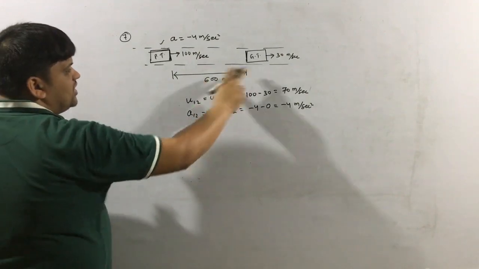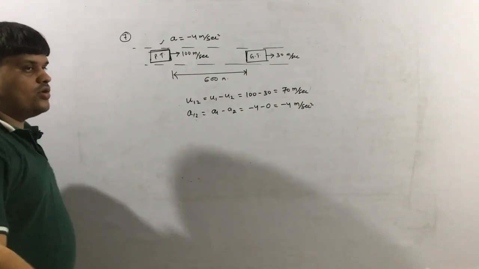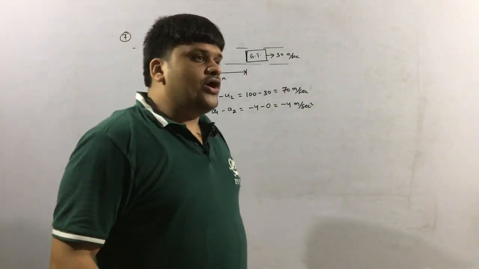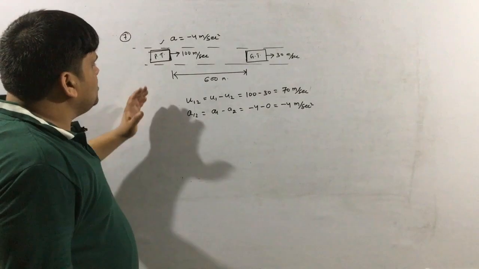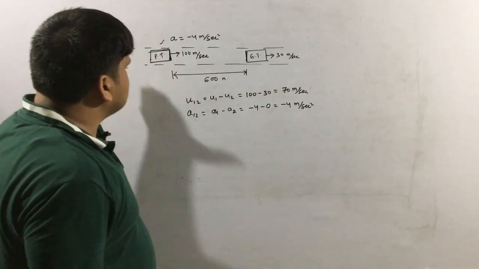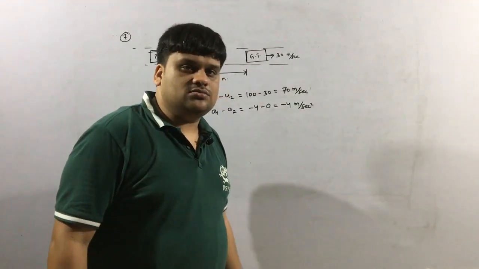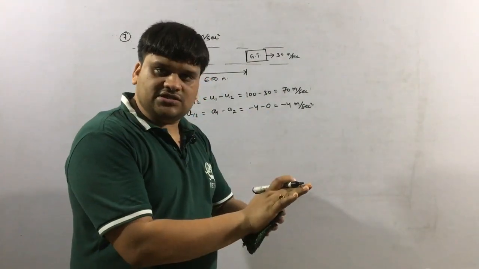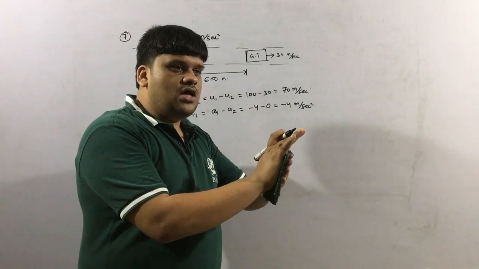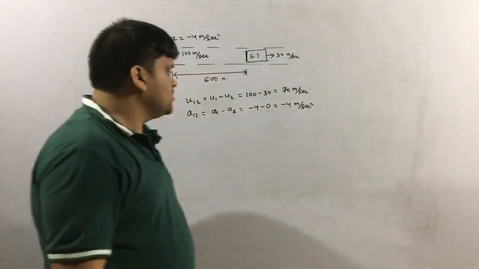Okay. Now don't think that the distance is 600 meter. We will not solve it like that. Actually, what we will do is find, let the passenger train strike the goods train. When the passenger train is going to strike, both of them are going to come to rest, or both of them are just combined and they will come to rest.